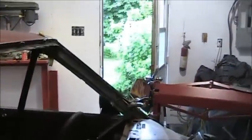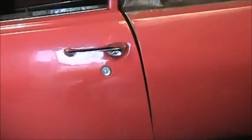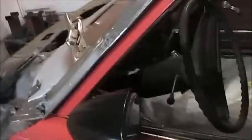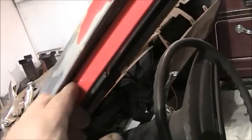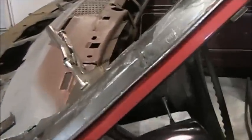So that's enough for today. I think it's gonna work. It's almost where it should be. I think I gotta twist the body some, and probably gonna need some help getting everything twisted around so it works out all right. Everything needs to come up, so to speak, in the back, and that will allow this to drop down once I cut that off, and I'll be able to tip these just on the slightest angle and give me the gap in here. And I think I can twist this whole pillar too, because when I welded it, it probably twisted some. I mean, it doesn't look too bad, but